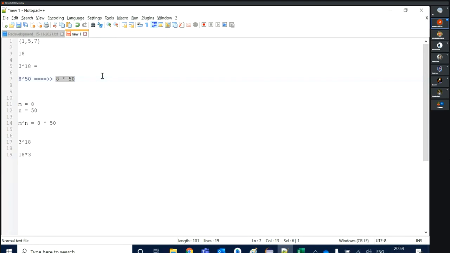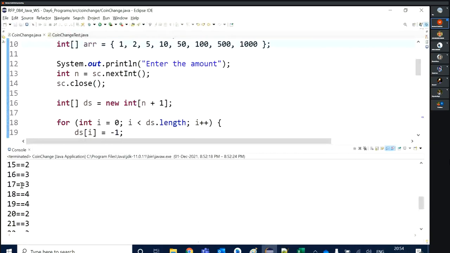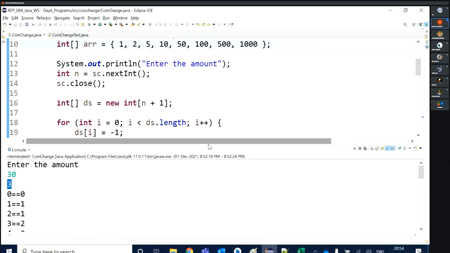So how much complexity have you decreased? Too much, na? So it's taking less time to give the output. In a fraction of a second, I'm getting the answer. Clear? Yes, sir.